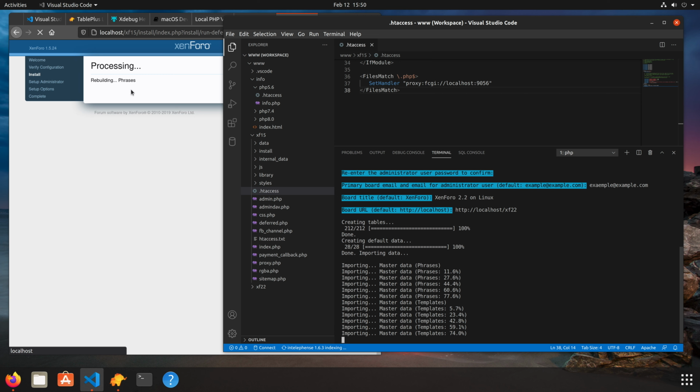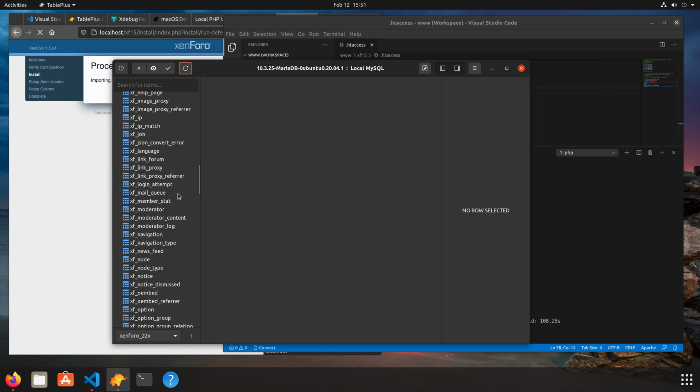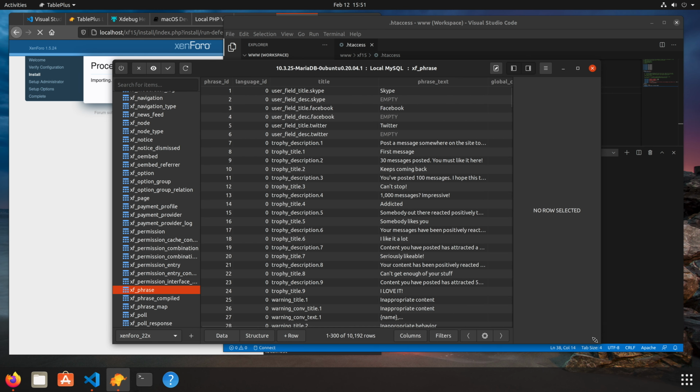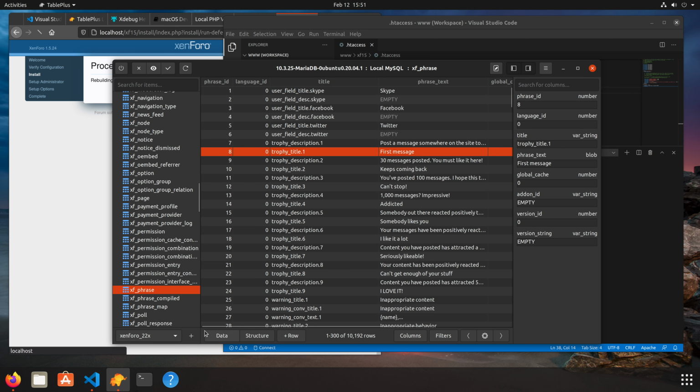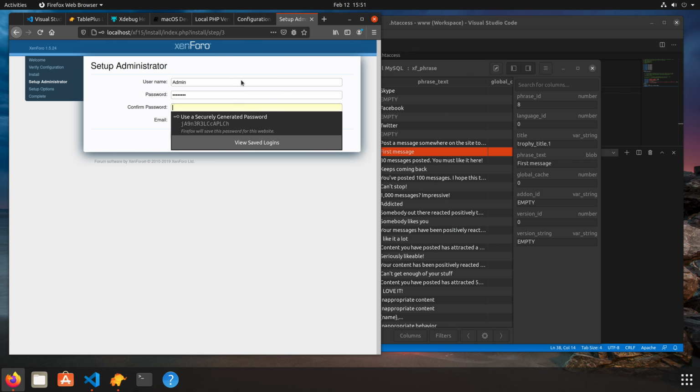Let's see how we're doing. We're on phrases here and templates here. Let's have a look at the database while it's going. We've got XenForo 2.2 selected here. So let's refresh that. And there's all the tables for XenForo 2.2 in TablePlus. Most of the stuff you see here is pretty much identical to the Mac version of TablePlus that I talked about in the macOS tutorial. It's just as good. There's a few missing functions like creating a new database, but there are weekly updates to this stuff. XenForo 1.5 is done, so let's go admin, password,